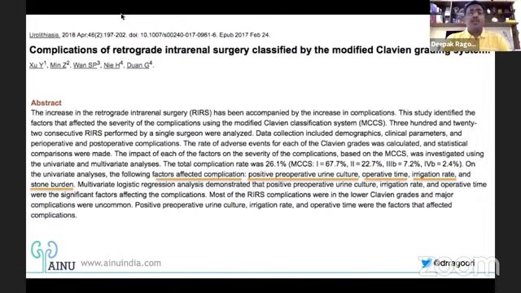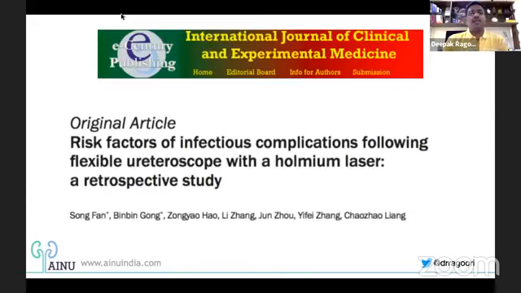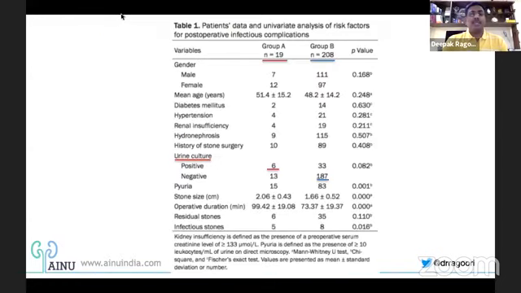When I said urine culture positivity as a relative or a probable contraindication, I'm going to quote a couple of articles where they say that factors that affect complication rate, like we all know, positive preoperative urine culture is something which we would normally wait on, maybe give a course of antibiotics and then take up the case. But having said that, there is another paper which comes out saying the risk factors of infectious complications following flexible ureteroscopy. This is a place where you normally see a study where there are around 19 patients of the entire data who have landed up with infectious complications.